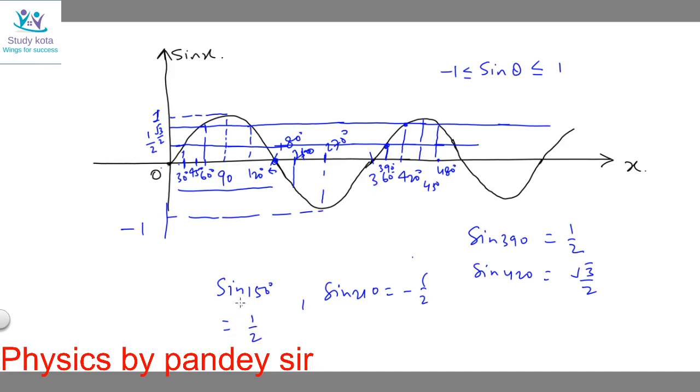हाउ आई एम सेइंग इट, बिकॉज अब देखो यहाँ से 0 से 30 आगे जाने पे 1/2 आ रहा है, तो 180 से पीछे भी आने पे हमें 1/2 ही आएगा। अब ग्राफ ऊपर है तो पॉजिटिव वैल्यू होगी, ग्राफ नीचे होगा तो निगेटिव वैल्यू होगी। ठीक है, so this is the technique by which you can memorize all the values. Also, this is true for sine cos theta.